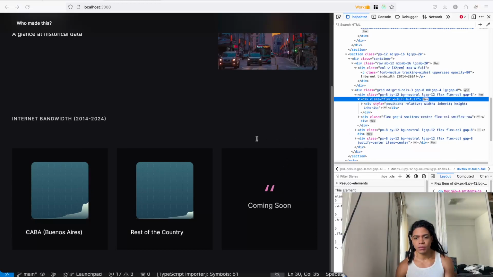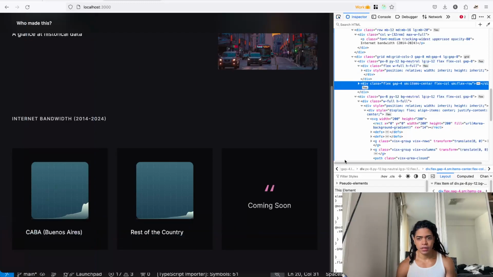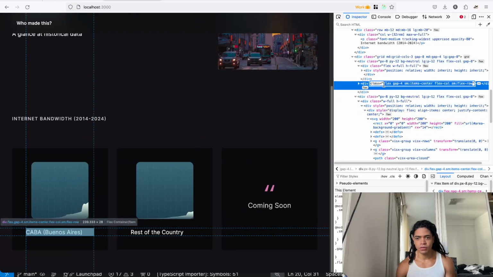Or you can add some padding there, like so. For example, you say, hey, this is something that I would like to add some margin top of 10, for example.